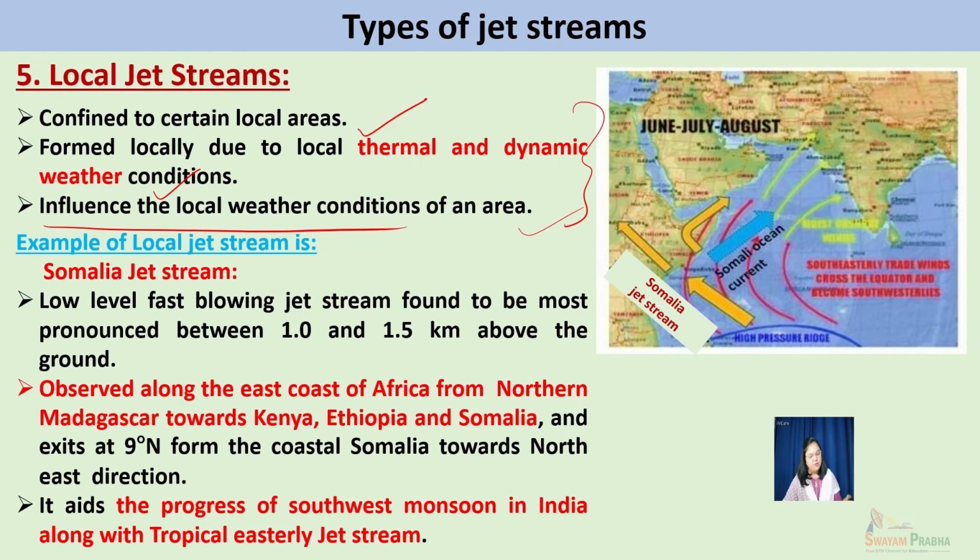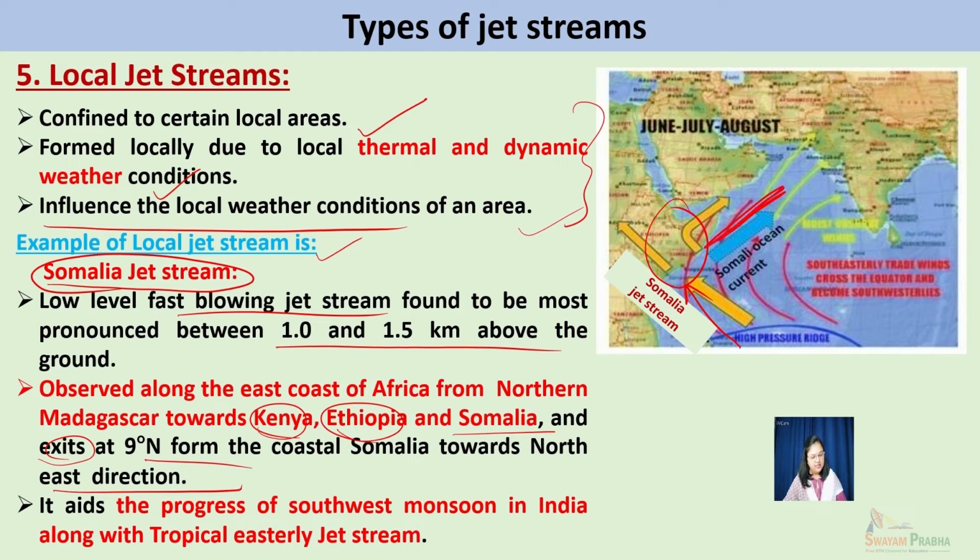So one of the most prominently developed local jet streams is the Somalian jet stream, which is a low-level, fast-blowing jet stream found at a height of 1 to 1.5 kilometers along the eastern coast of Africa. It is observed blowing from Madagascar northward towards the East African coast near Guinea and Ethiopia, and it reaches Somalia. And after reaching Somalia, somewhere around 9 degrees north, it exits the Somalian coast and moves towards the northeast